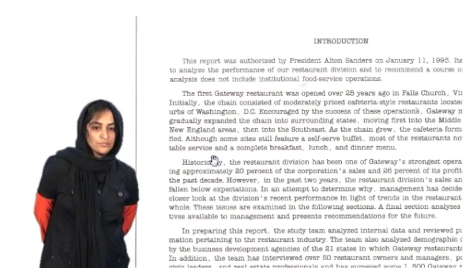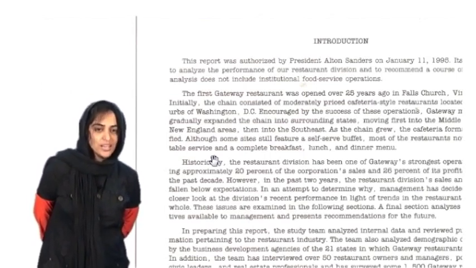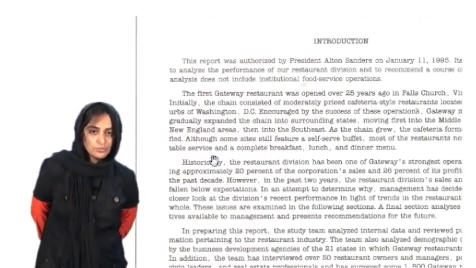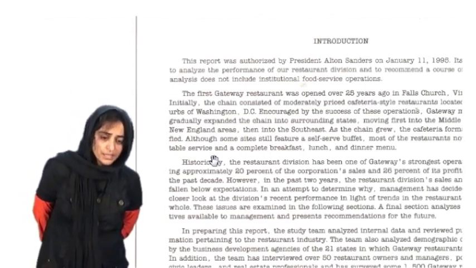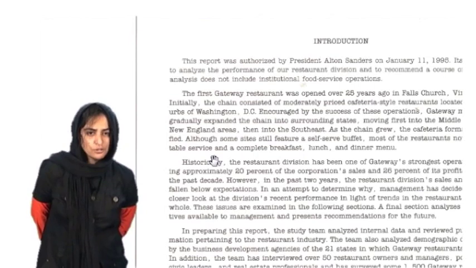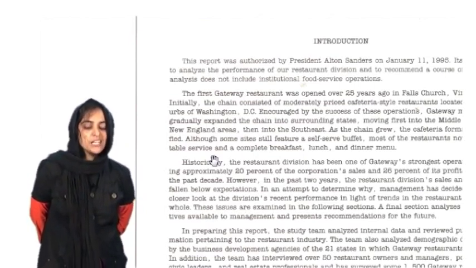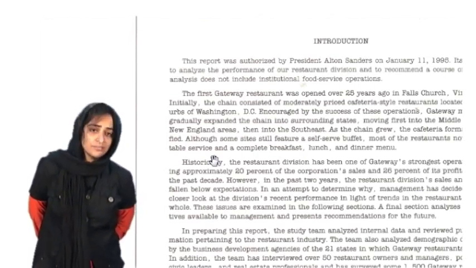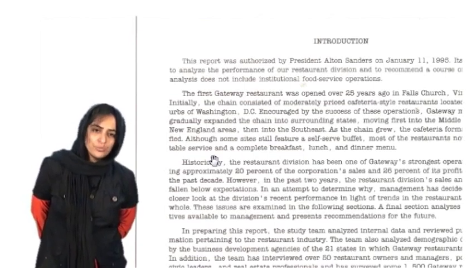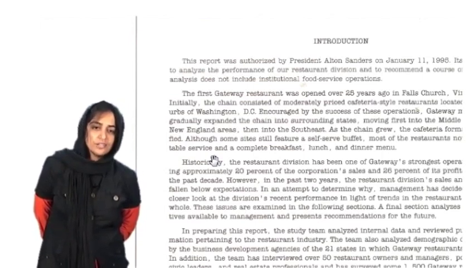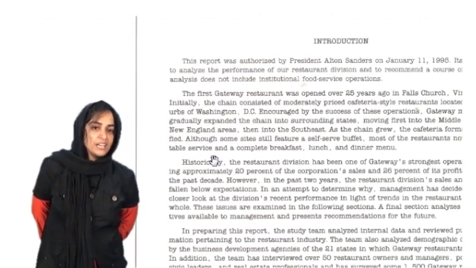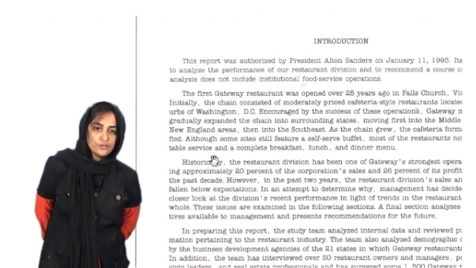Dear students, Mr. Johansson first told us in the first 2 paragraphs who authorized him to write this report, then the purpose of this report, then some limitation and scope, and after that he is giving in the next paragraph the background of the entire restaurant business, not revealing his position, not revealing his stance. What is his recommendation? We do not find any hint over here in these first 2 paragraphs.